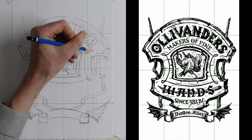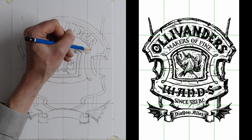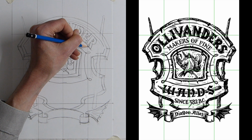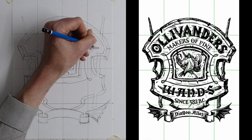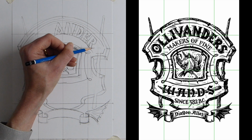And then you've got the S. Now the S is angled and curved, and it just looks very, very complex, but it isn't. Okay, so we've got the R that comes down. We're going to extend that line down a little bit so we've got something to work with, and there you can see the S comes off. The other side of the S is a little bit lower than the top one, so if we draw a line across